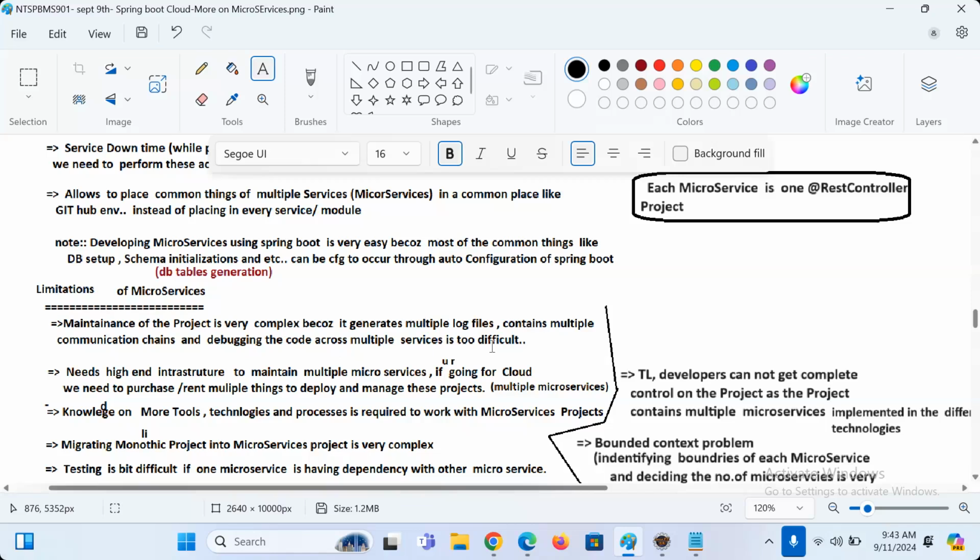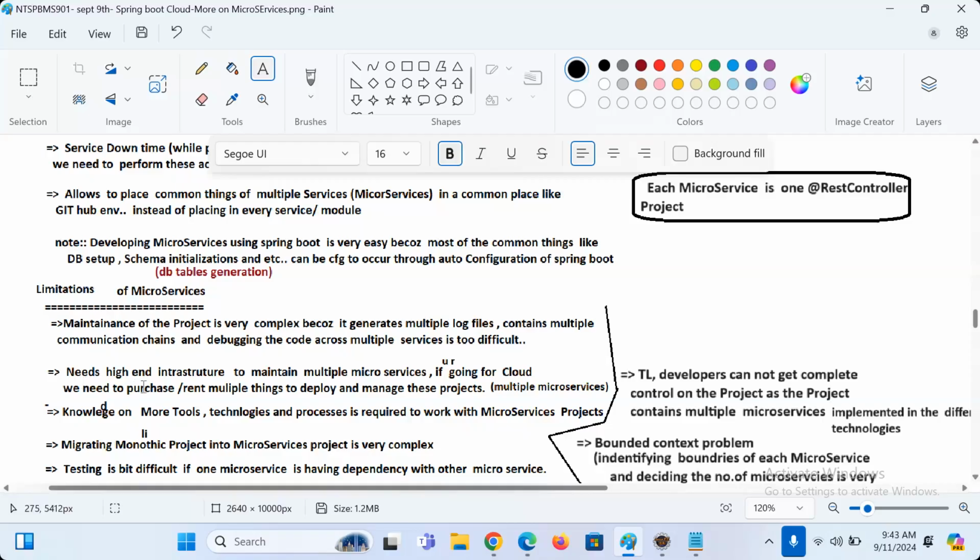Flow, boss. One project talking to another project. Our debugger will give flow within the project. Do you think it will give it across multiple projects? No, not possible. That's why we have to use special tools like Zipkin Sleuth.